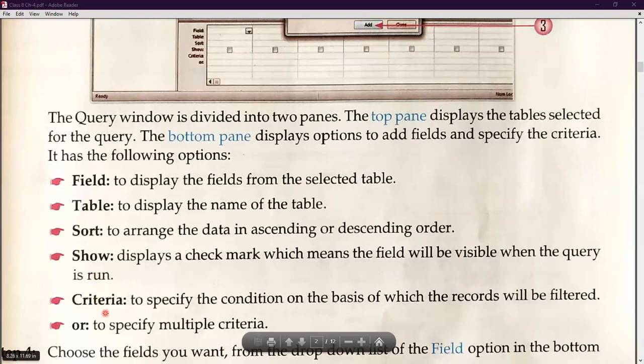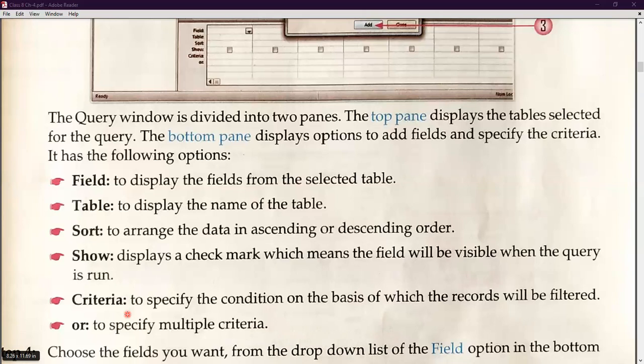Criteria. This is our major thing which we need to understand very carefully. In this particular segment, you are going to specify the basic condition, the condition you want to sort on the basis of your database. Supposing you want to show the name of students who are above 13 age. Okay. So now you will give the criteria that please show me the name of students who are above 13. So now you are going to give a particular, or you can say specific criteria. What is the criteria? Age should be greater than 13. So this will be my criteria.